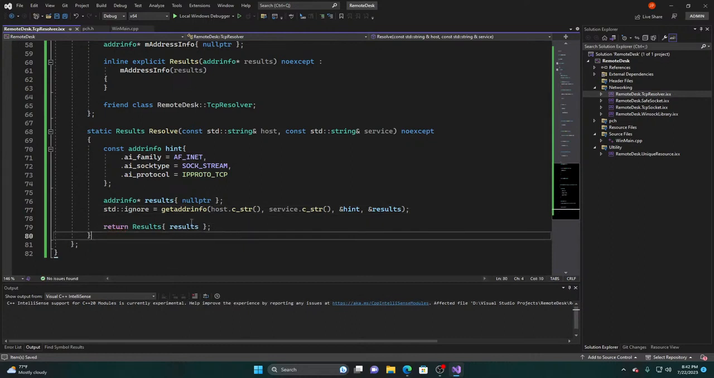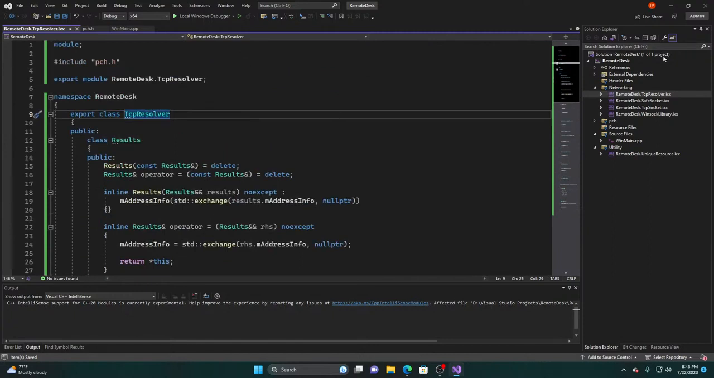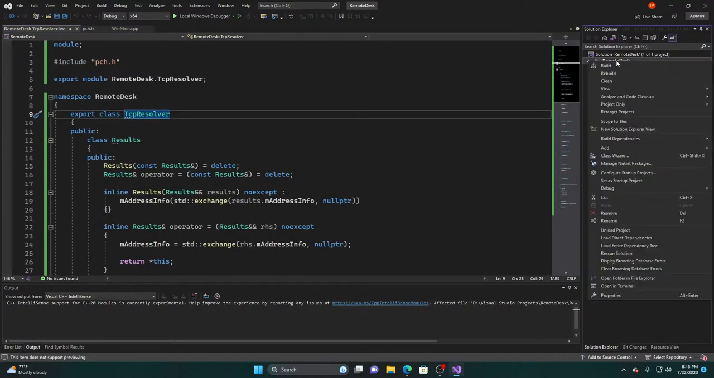This is perfectly fine because, again, we're not really using it for the names. We don't need to know specific names and stuff. We just need to know the basics. So there's our TCP resolver. The next thing we need is I'm going to create a